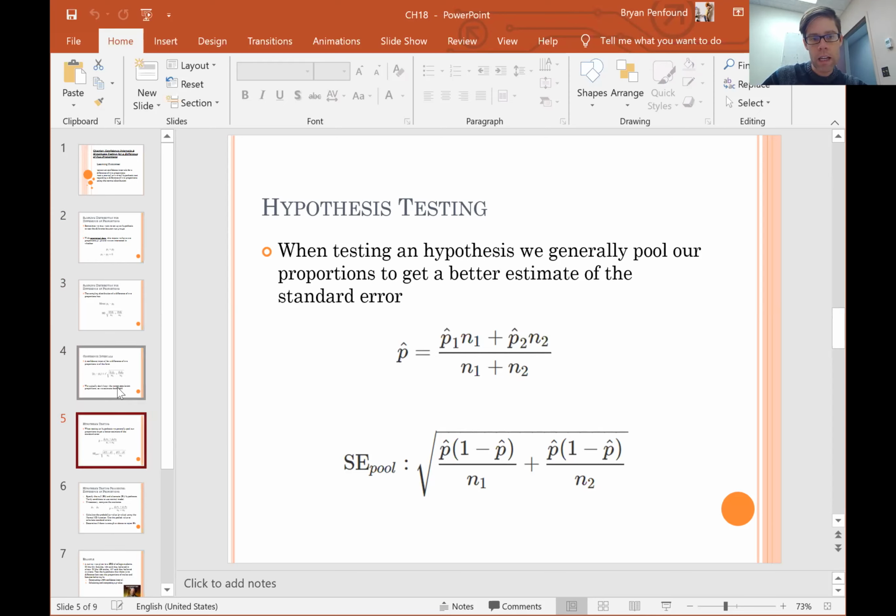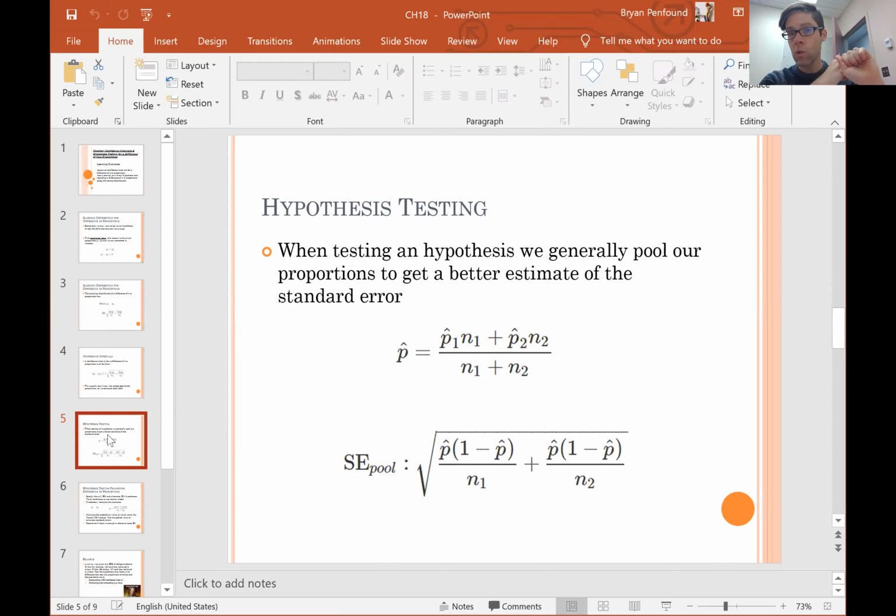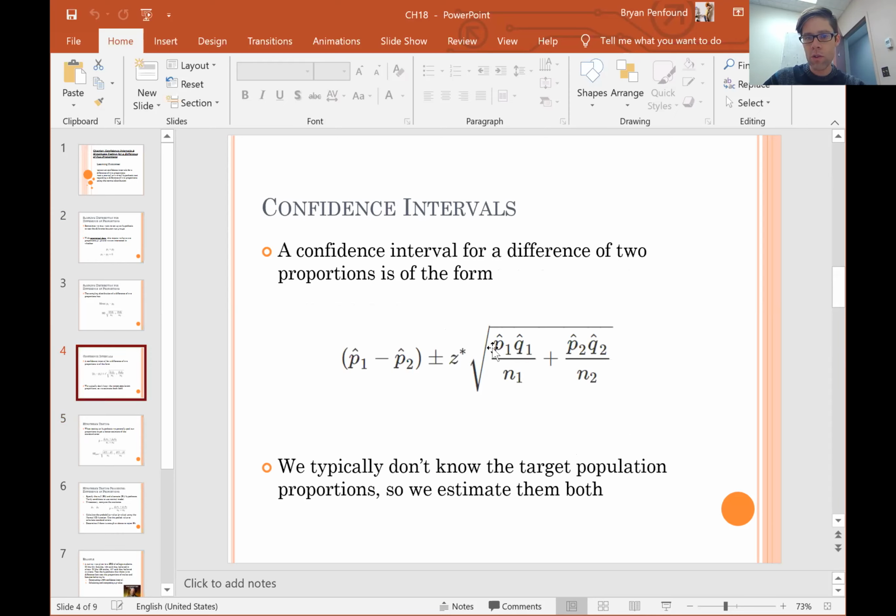So just be mindful of that. We could go either way. Remember that the best case scenario is that we actually know the target P1 and the target P2, in which case I would just use that as the standard deviation. The next best case scenario is actually to use the pooled estimate to calculate the standard error. And if this is really complicated for some reason, or if I don't want to pool together stuff because maybe there's something weird happening between these two subgroups, then kind of the last resort is just to strictly use P1